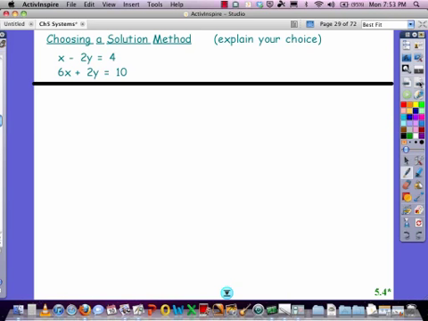Looking at this one, I believe same thing, elimination. I'm going to get the y's eliminated immediately by adding these two equations together. So it's not that we now have three ways and we can pick our favorite method. Graphing has its pros and cons. Substitution has its pros and cons, and linear combination or elimination has its pros and cons. You have to get good at all three, know what you're looking for, and be able to solve using all three methods. So this method today, we're going to be honing in on